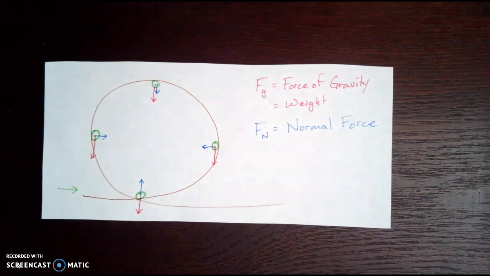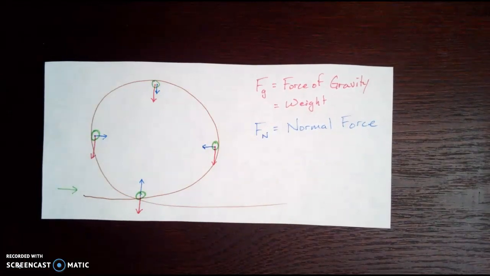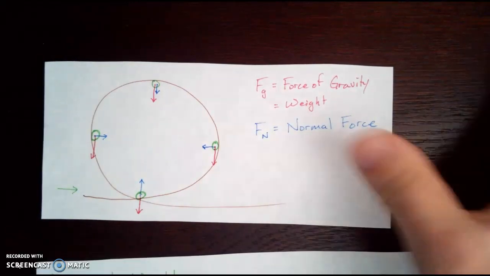So we have these four different situations, and the force of gravity is always pointed down, but the normal force moves around, and it points towards the center of the circle because of this. So the normal force is going to help our ball move around that loop. Through most of this loop, it's the normal force that's going to be making that ball change direction. But we get an interesting situation,